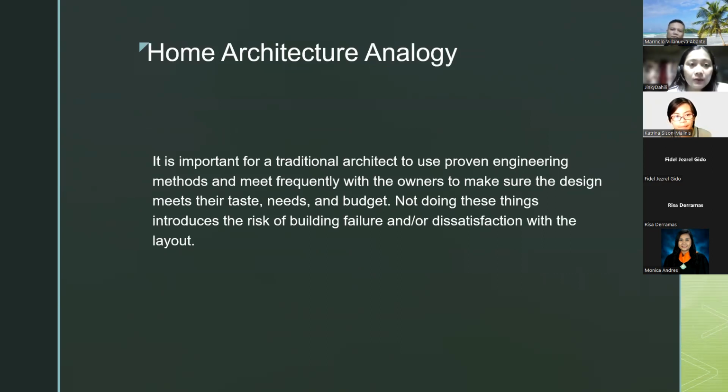So meron tayong home architecture analogy dun sa book. It says that it is important for a traditional architect to use proven engineering methods and meet frequently with the owner to make sure the design meets their taste, needs, and budget. Not doing these things introduces the risk of building failure and dissatisfaction with the layout. So meaning,